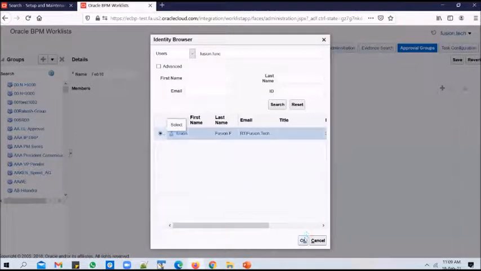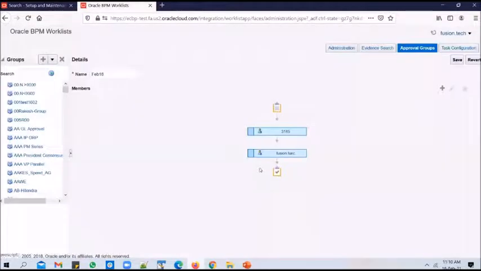Select the user and click OK. Save the approval group. If you want, you can move the members up and down using these arrow marks. As it stands now, if you send a transaction to this approval group, it will go to 3185 first, and after you approve it, it will go to fusion.func user.